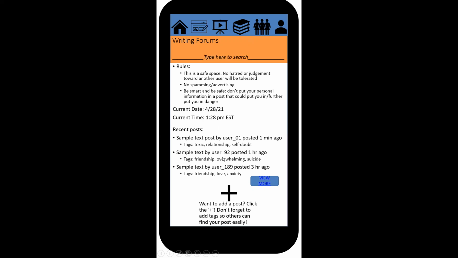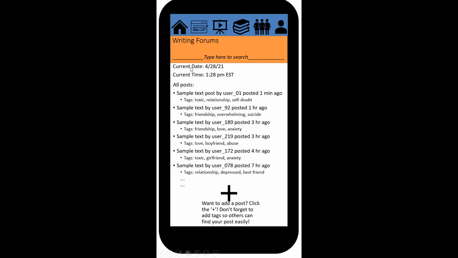And if you want to view more recent posts, you just click view more and it will bring up the date and time again, and then it'll show you all the posts. And these little ellipses right here are meant to indicate that you can scroll for as long as it needs to. And then on both pages,